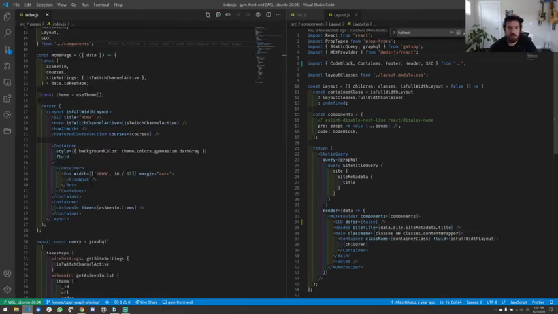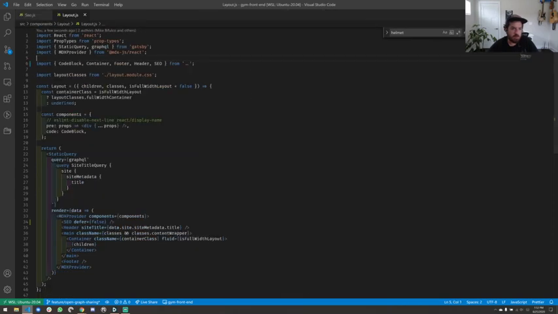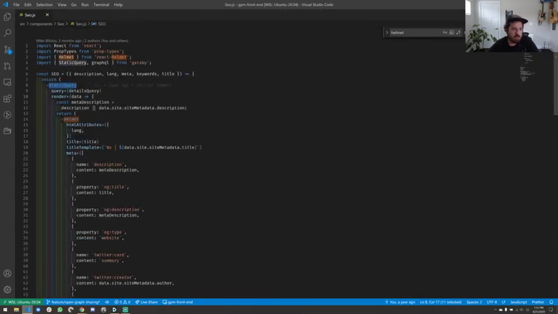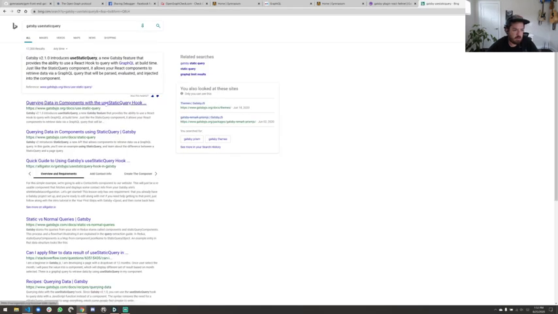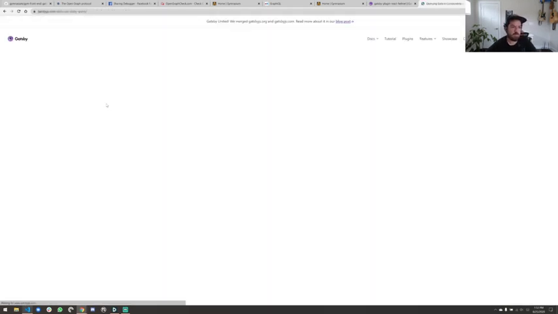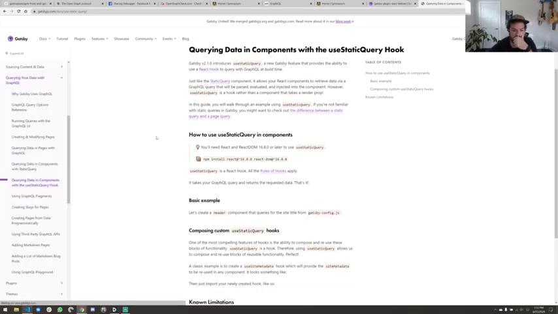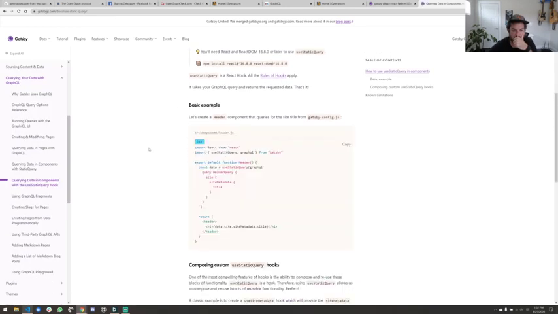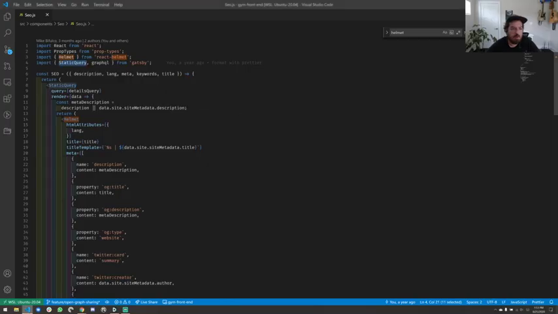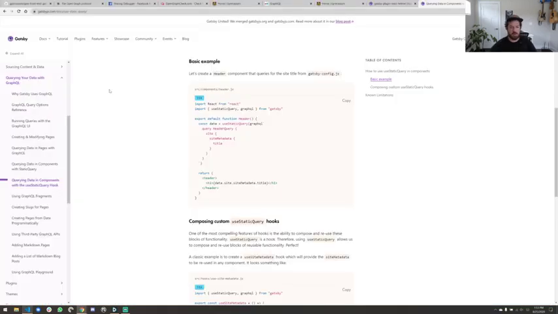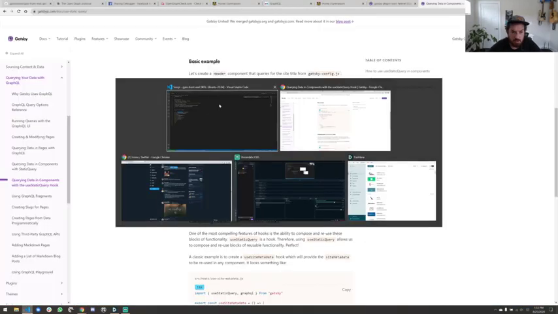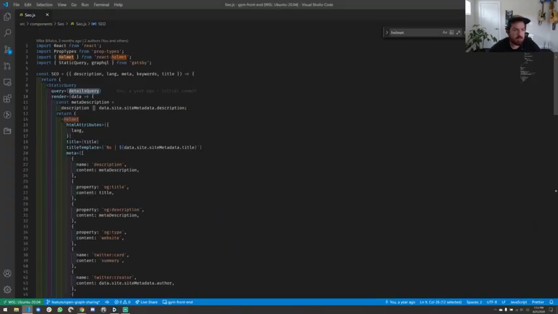Okay, so first things first, let's focus on the SEO component for now. And we're going to rewrite this static query with Gatsby's useStaticQuery. Yes, we should be able to do that. So we're going to grab useStaticQuery from the Gatsby library.